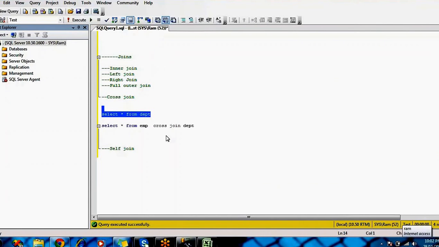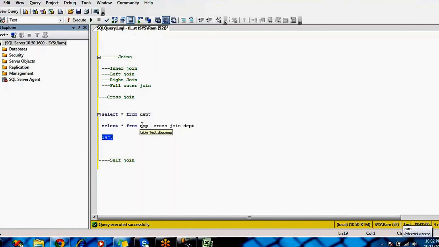The cross multiplication is nothing but the number of rows from the left side times the number of rows from the right side. So this employee table has 14 rows and this department table has 5 rows. So the final result will be 14 multiplied by 5, total 70 rows will come.